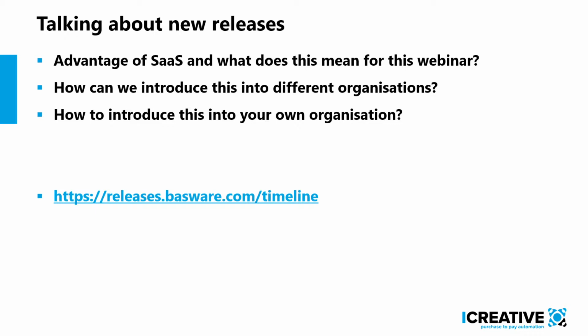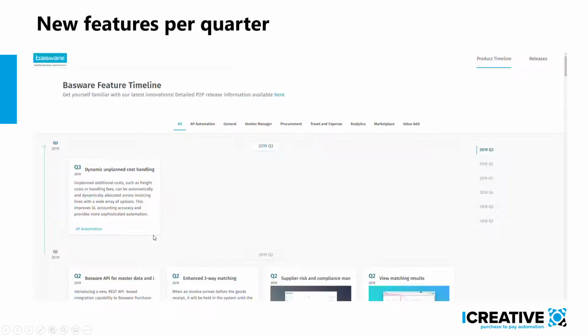This is shown over here with this link. After you have clicked the link, you come to the website from Basware, which shows which new features there are on a timeline. You can see them over here, arranged per quarter. But you can also select which aspect of the P2P process is important for you, so you can manage and filter all the new features. And over here you can see what the new feature is. If you click on one of them,